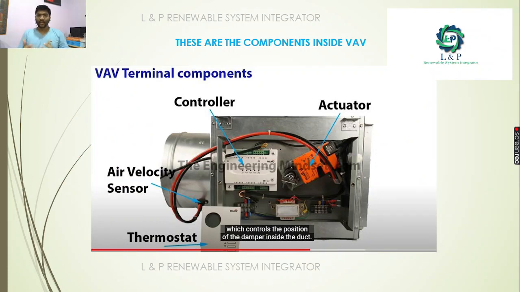How does it look? Now, what will be inside that VAV? We saw that box, right? Inside that box, you see there is an actuator. On the other side, there are dampers, which are mounted on a shaft. To control those dampers, we need actuators, electrical actuators. Its operating voltage can be 230 volt, or a few might operate on 24 volt also. And the control voltage for this actuator is a 2 to 10 volt supply.